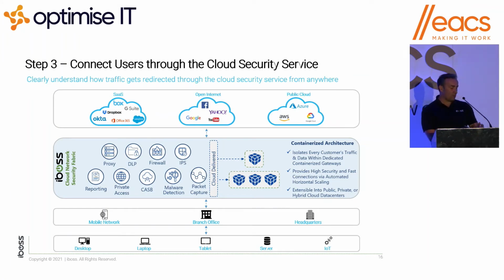So what we're just showing here is the iboss Cloud SASE platform, and it really encompasses everything inside the SASE feature set. We mentioned the proxy. The proxy is really the heart of the security stack often. It's given us visibility to allow things like data loss prevention, intrusion prevention, CASB, which is a newer concept, but CASB is something that allows organizations to get back visibility into what their users are doing when the application is